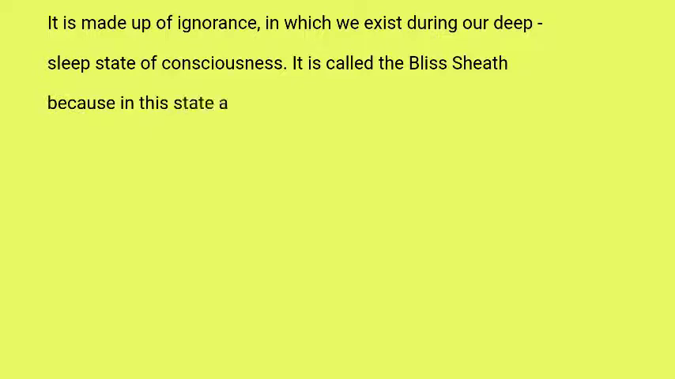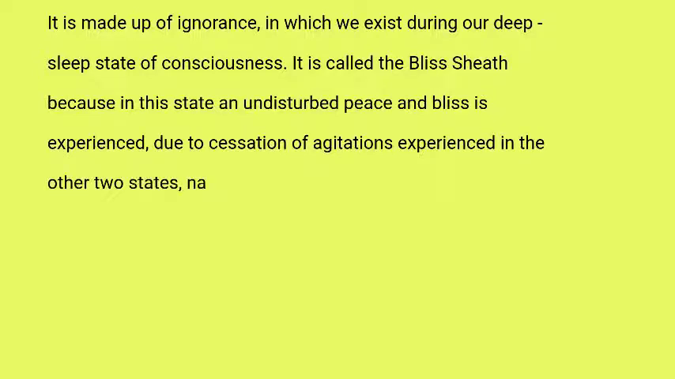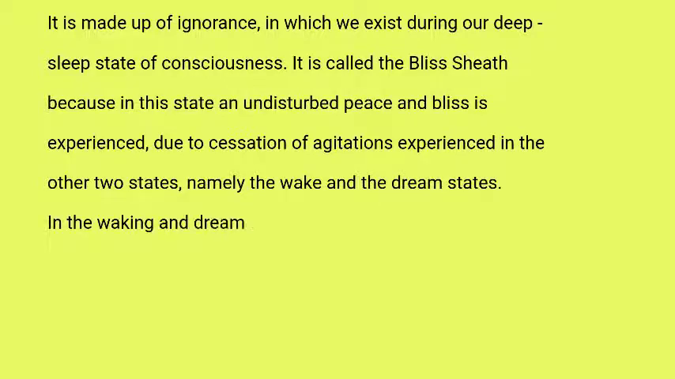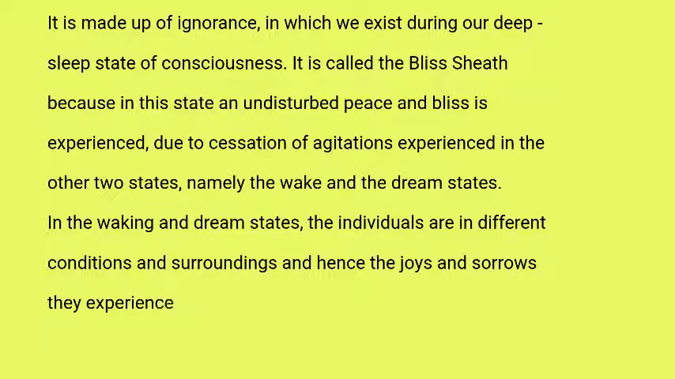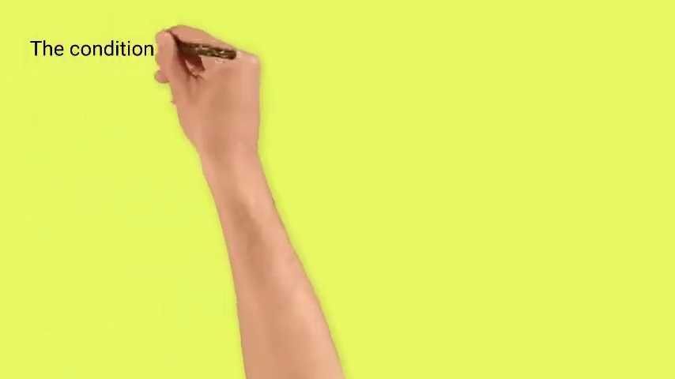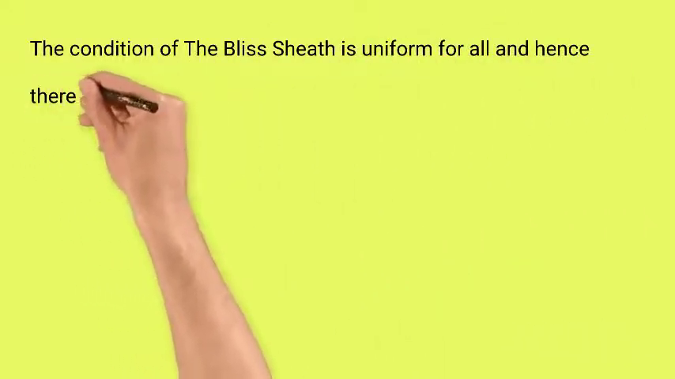It is called the bliss sheath because in this state an undisturbed peace and bliss is experienced due to the cessation of agitations experienced in the other two states, namely the wake and dream states. In the waking and dream states, the individuals are in different conditions and surroundings, and hence the joys and sorrows they experience are varied. The condition of the bliss sheath is uniform for all, and hence there are no variations